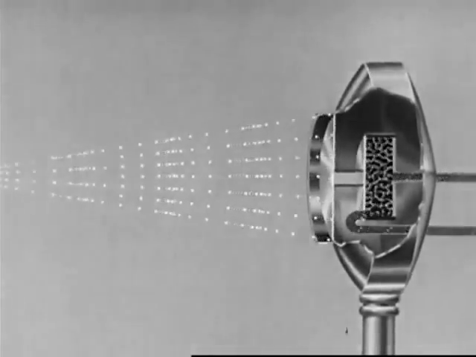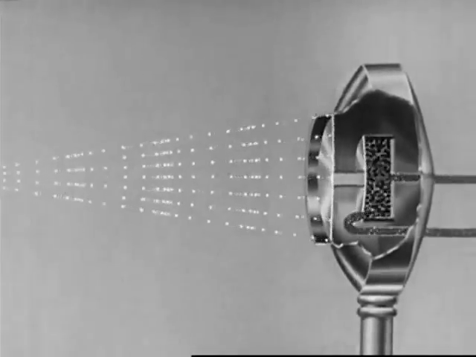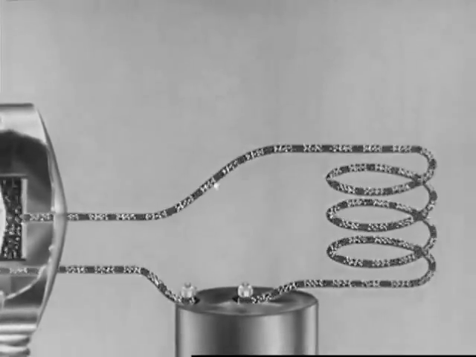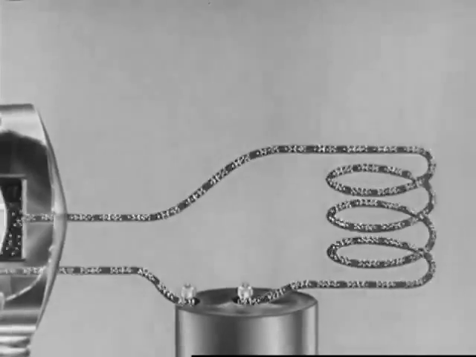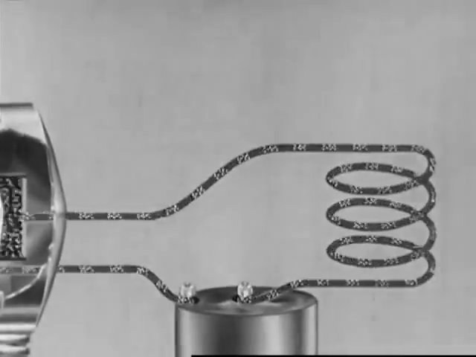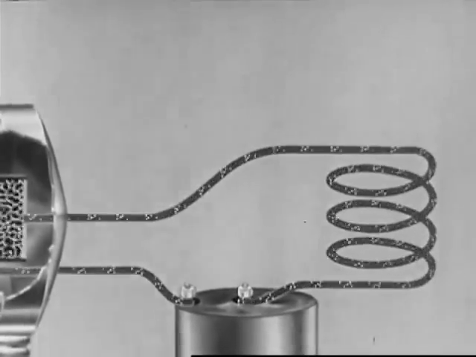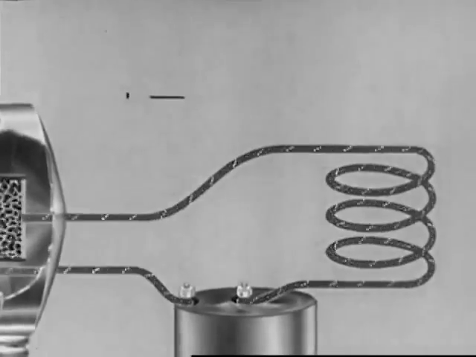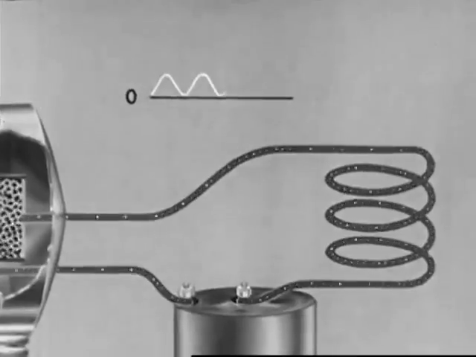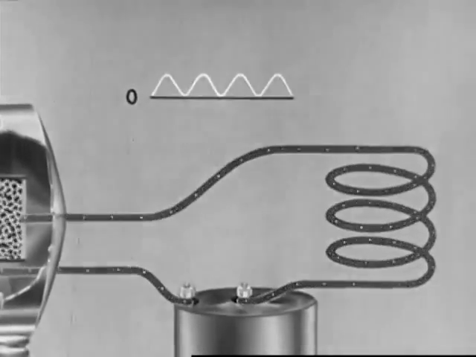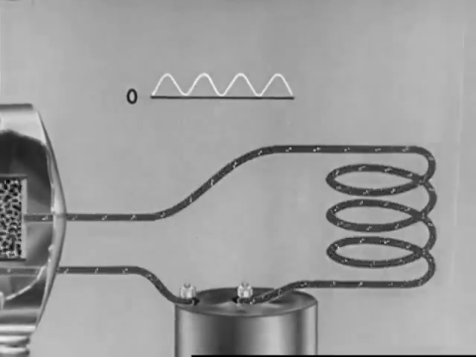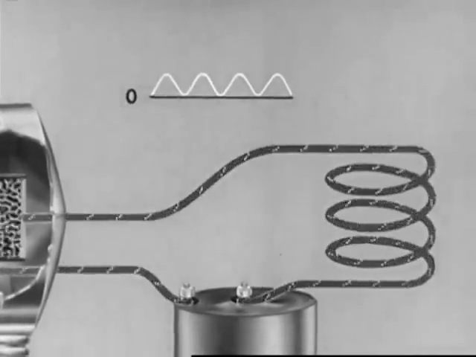Thus, in the microphone, the movement of the diaphragm regulates the flow of electrons in the transmitting circuit and changes the steady direct current into a pulsating direct current. Although most sounds are complex, we are illustrating this voice current as a pure tone. At the top, we now trace out a curve to represent the pulsating direct current. All these processes are slowed down in these animated drawings in order to show clearly how the electrons move in the circuit.